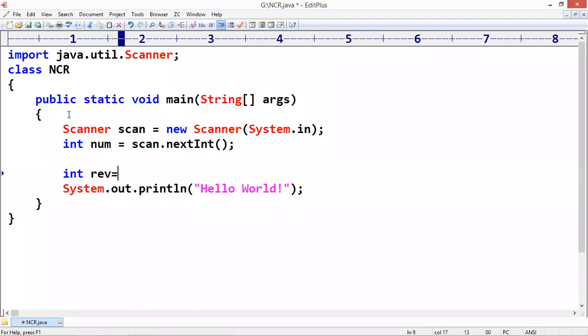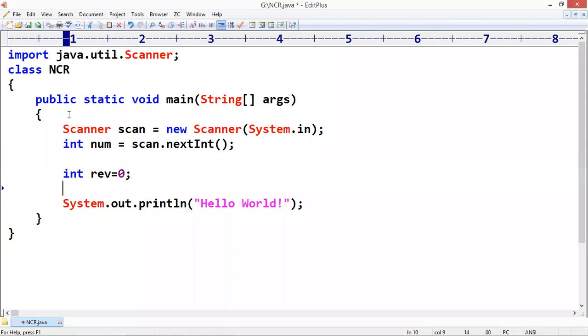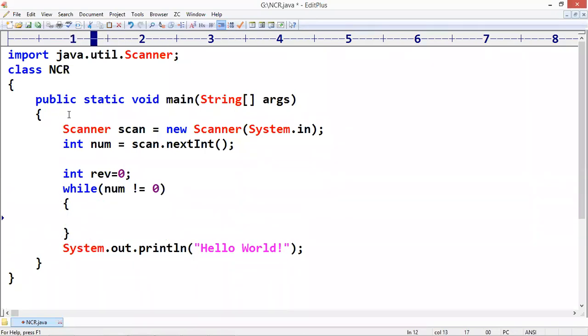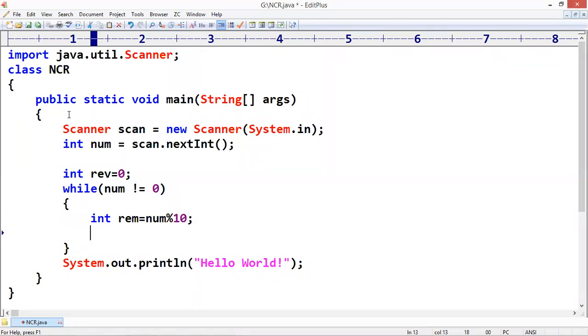Integer reverse equals 0. While that number is not equal to 0, or greater than 0, anything, we are finding that remainder. You can declare it just inside, no issue. Remainder equals number mod 10.